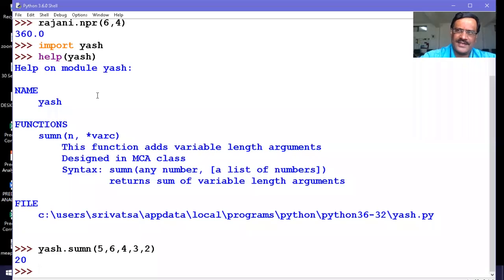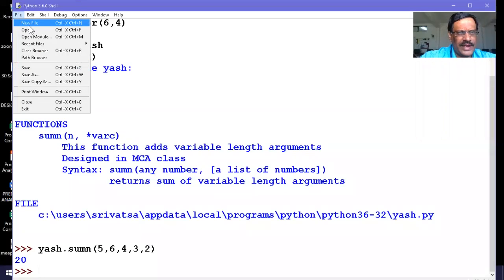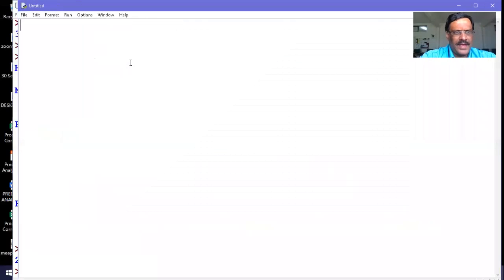Not only this, you can import one module in another module. Yes. What I do, I create a new file. I import Rajani, Yash. I import both. I say n is equal to integer of input,